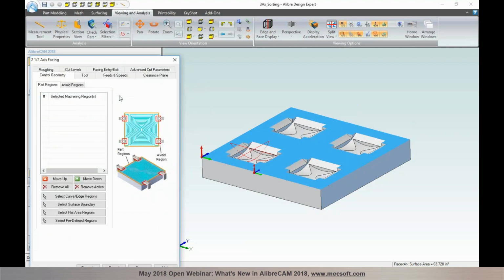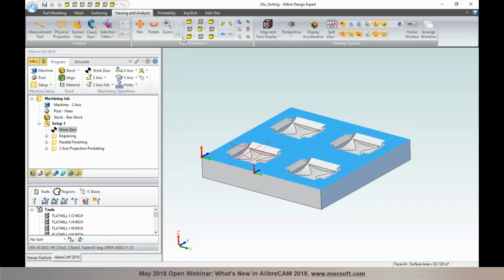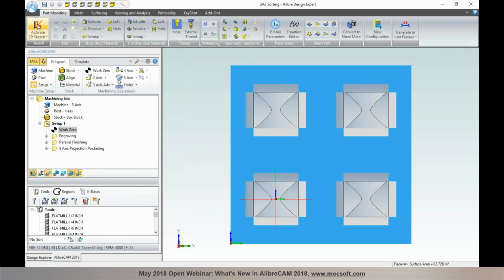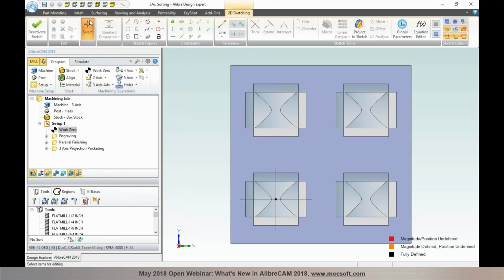and avoid regions can be defined in 2-axis operations like facing, pocketing, profiling, and you'll see under the control geometry, in addition to the part regions tab, you have a tab for avoid regions in here. So I'm going to quickly create an avoid region in here. So let me go over to the sketching, part modeling, and activate a sketch. I will go ahead and